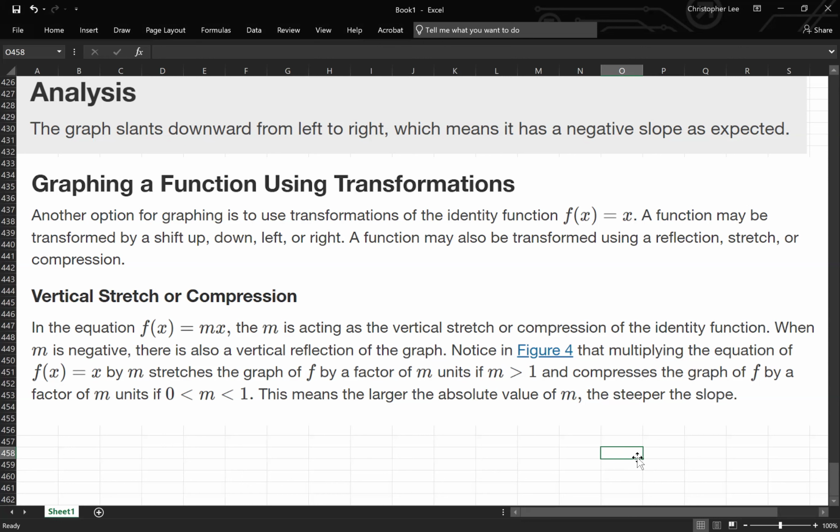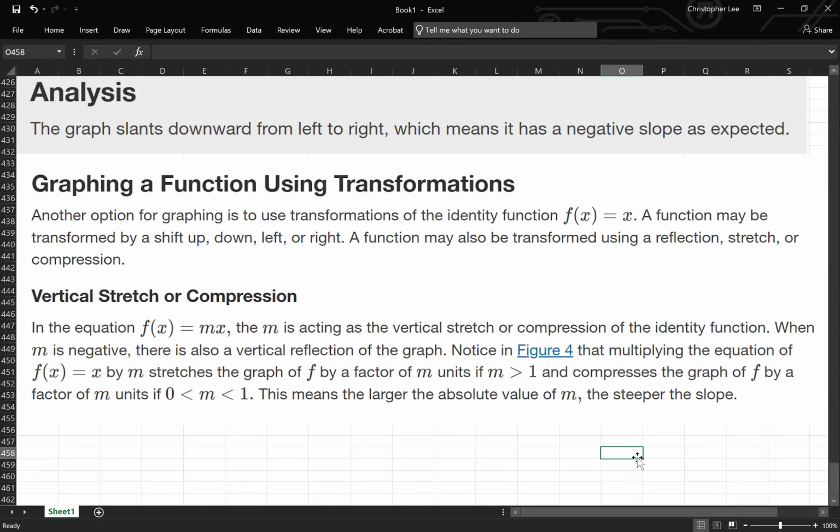So vertical stretch or compression. In the example, f of x equals mx, where m is acting as the vertical stretch or compression of the identity value. When m is negative, there is also a vertical reflection of the graph. So notice that in this figure coming up, multiplying the equation of f of x equals x by m stretches the graph of f by a factor of m units if m is greater than 1, and compression, if the